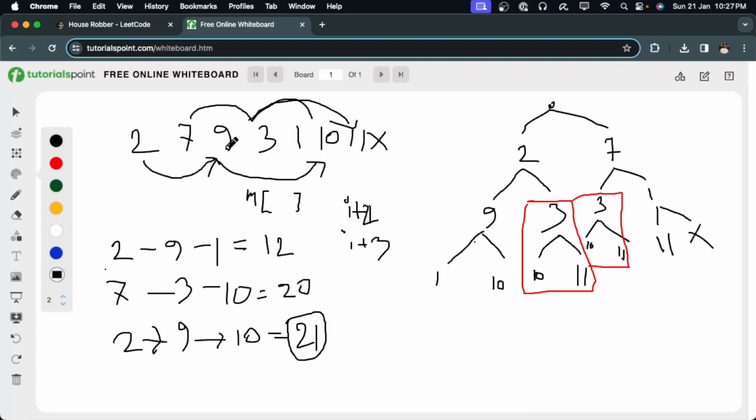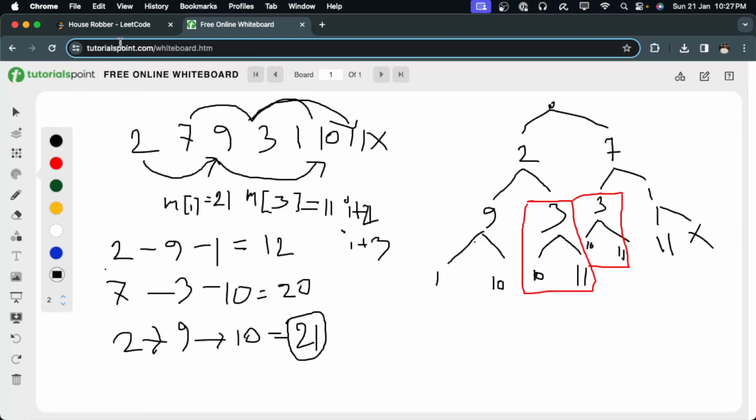The indexes are 0, 1, 2, 3. For 3 the index is also 3. If we index 3 and we know the largest value here is 11, we don't need to iterate again, because that is the answer. From that we can get our desired value, and then we iterate back and add them: the value at index 1 equals 11 plus 3 plus 7, which will be 21,